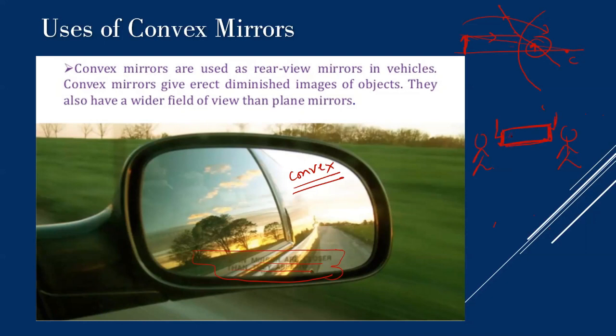In this mirror, you are able to see cars which are coming from the left, and you are able to see cars which are coming from the right as well, because an entire wider field of view is captured in the small mirror. Why? Because this type of mirror is a convex mirror. Understood? So these were certain applications of the convex mirror. Questions are going to come from this part because it's the application part. So mostly reasoning questions will come from this part.